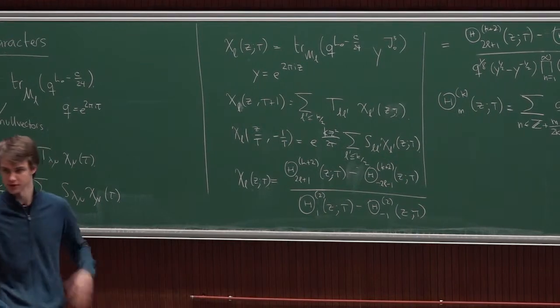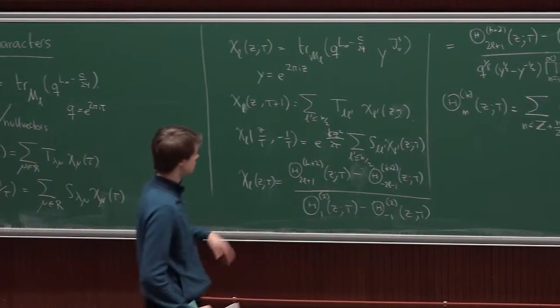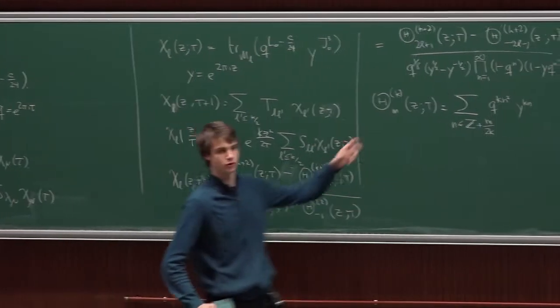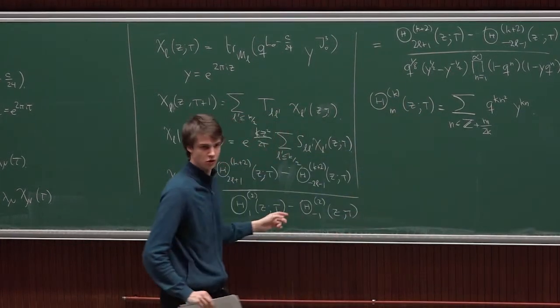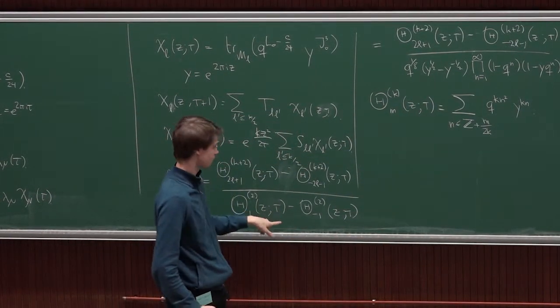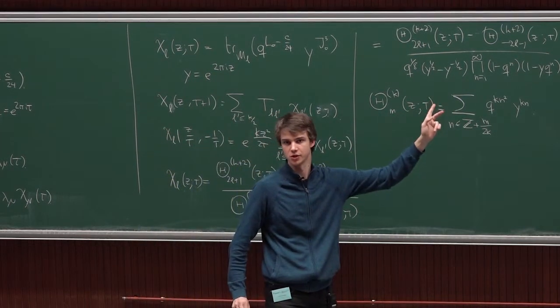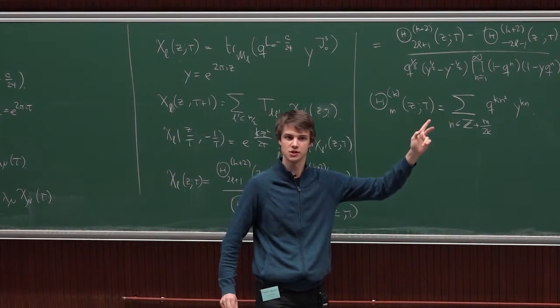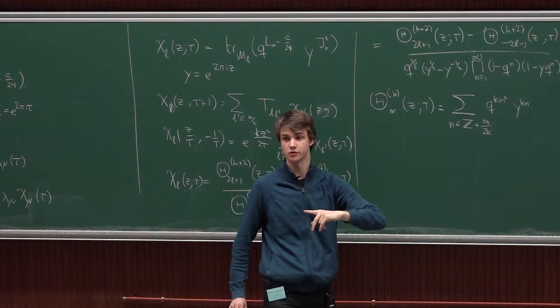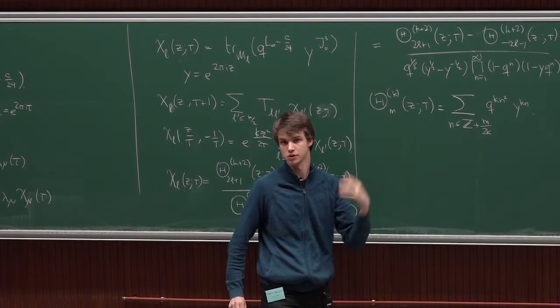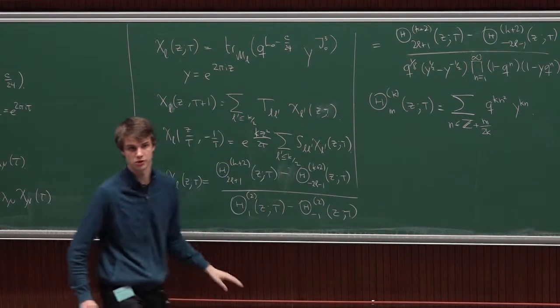But let's try to understand a bit more what's going on. First of all, we have these two different forms. And it's very not obvious that they're the same. So here you have an infinite sum in the denominator, whereas here you have an infinite product in the denominator. Some of you might have seen this. This is just two different forms of writing Jacobi theta functions. So there's the product representation and the sum representation.